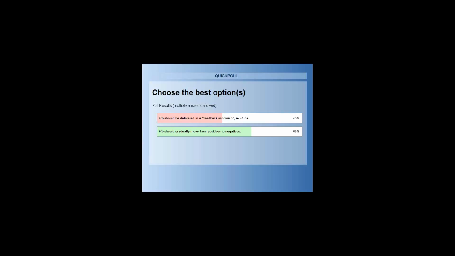You try and end on a high, and by that I mean the action plan, which would mean there is something to work towards rather than a feeling of, well, these are the things you need to do now. If you want to move from positives to negatives gradually, please make sure you always leave with something to work on. Sophie, can we have the next question, please?